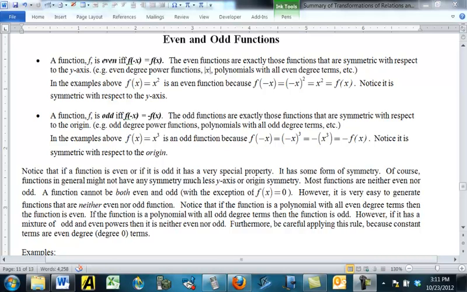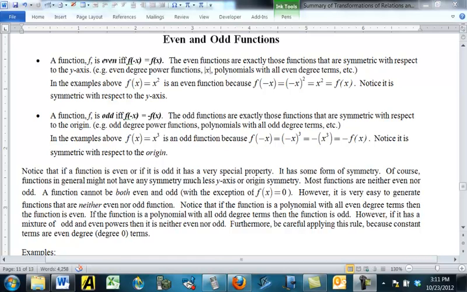Okay, now we're going to talk about something called even and odd functions, and you'll see this is very closely related to what we've already been talking about. Even and odd are algebraic conditions, but it turns out they're equivalent to some geometric conditions that we've already studied. So we say a function f is even if and only if f of negative x